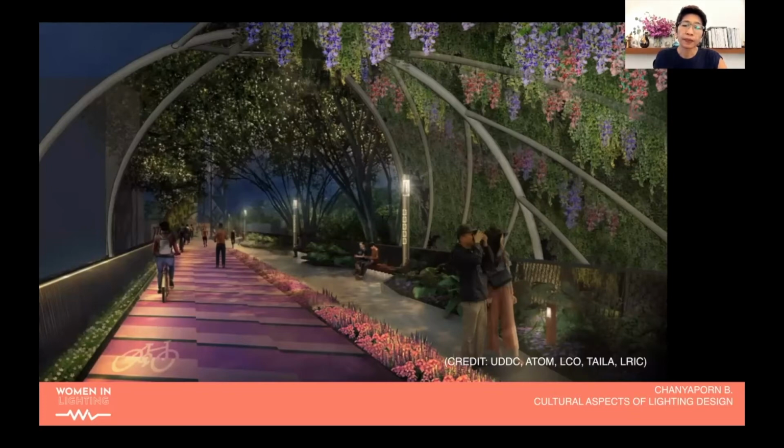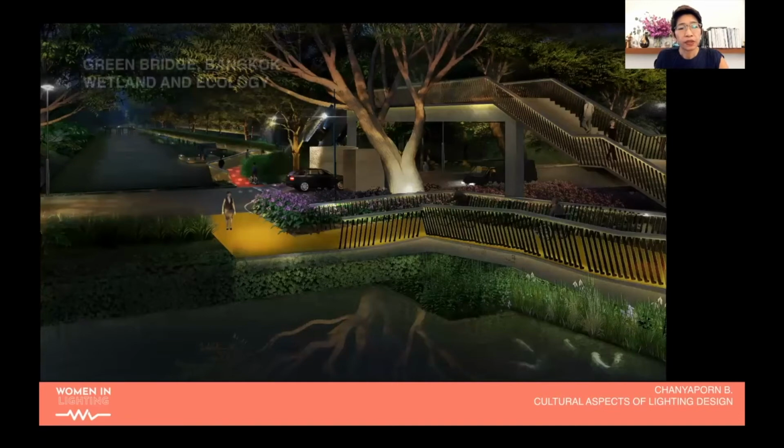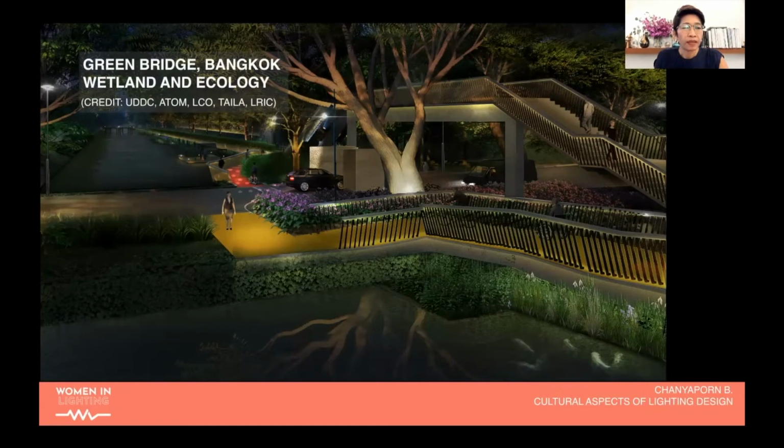So we provide lighting for all these communities who live around here. There are Christian and Muslim communities, also Buddhist communities here. So this project for us is, we're not only responding to traditional culture. Here we think the lighting designer has a role in this active process of creating new culture. So we think that we can be a part of the creation of new culture for a more sustainable,